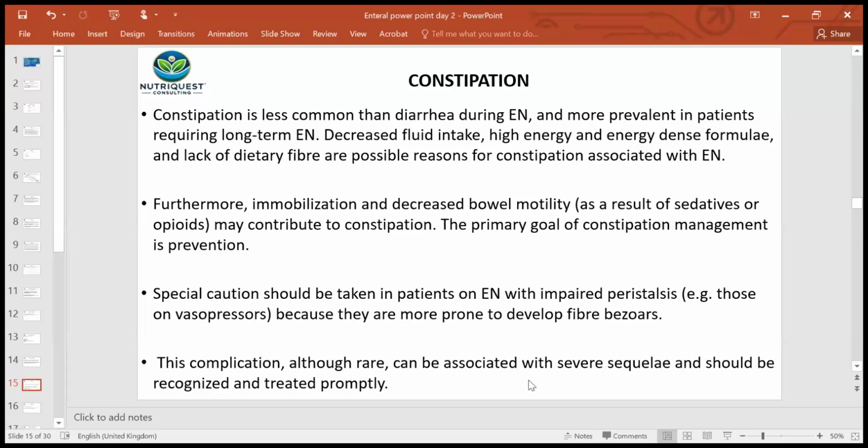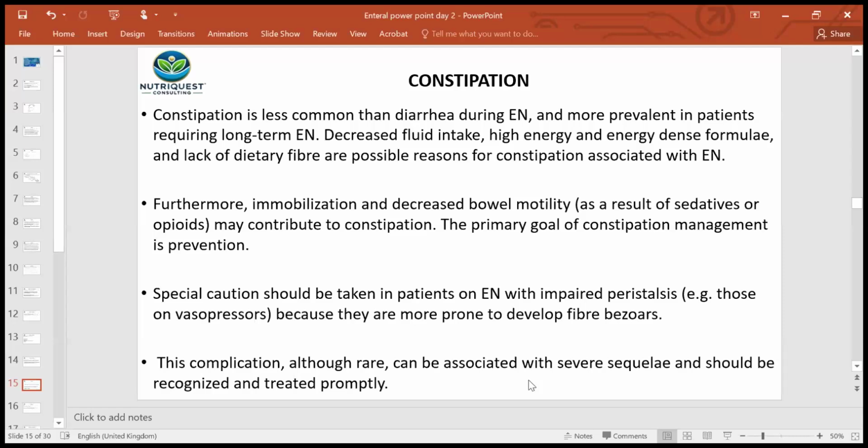Then, of course, if the patients are immobile, especially the critically ill patients, and decreased bowel motility as a result of sedatives or opioids may contribute to constipation. The primary goal of constipation management is prevention. So we need to find out how to prevent. For instance, cancer patients experience constipation because they are on opioids, and an example of opioids is